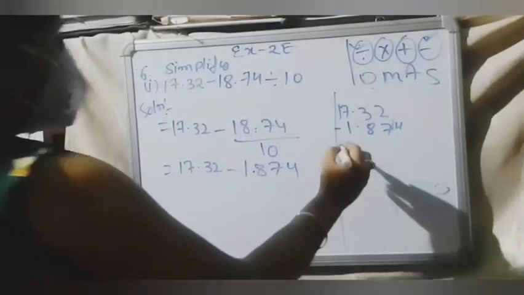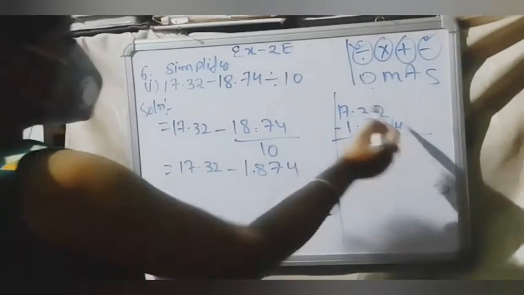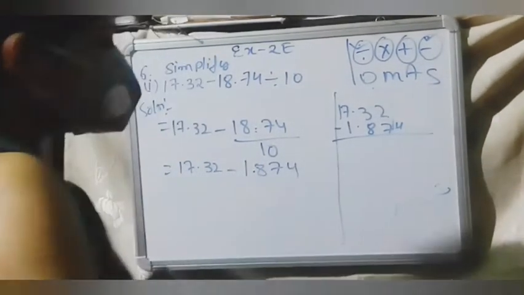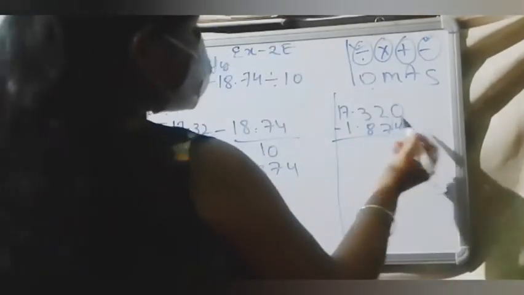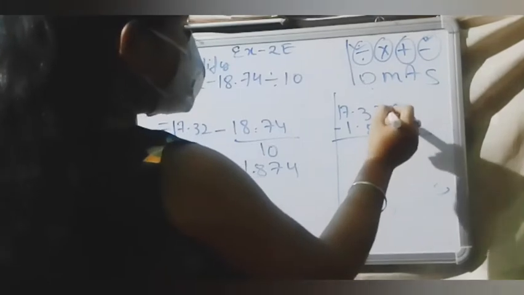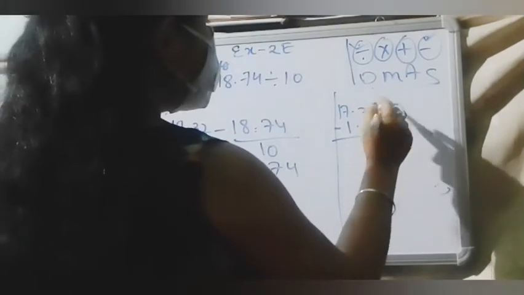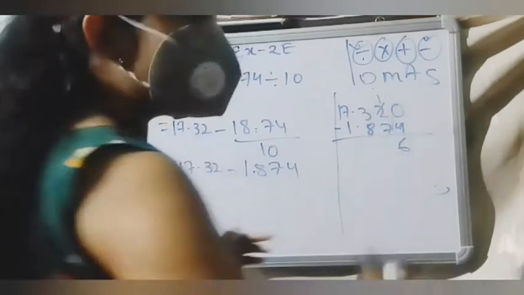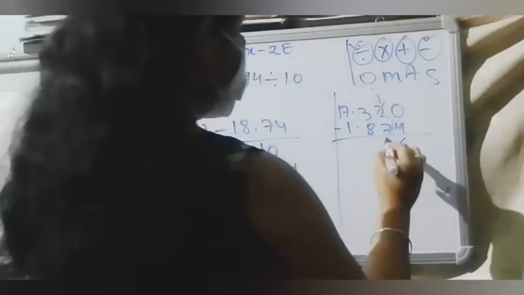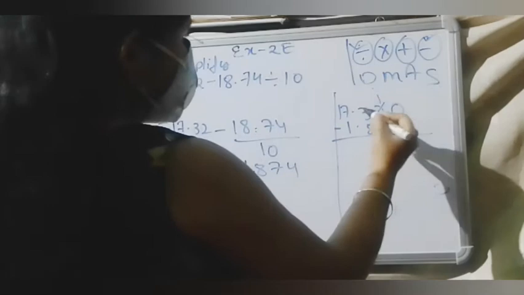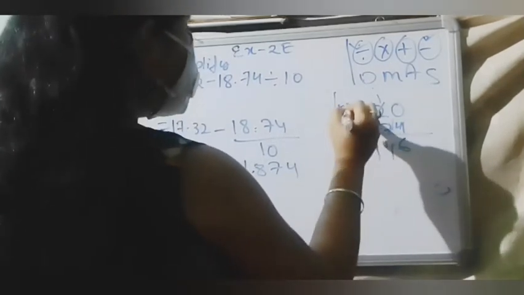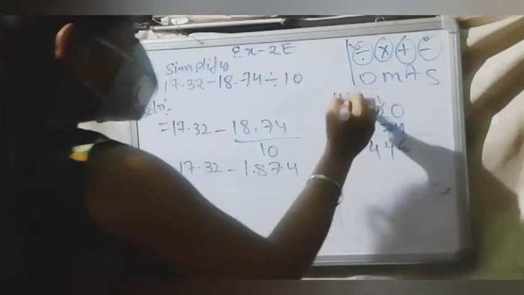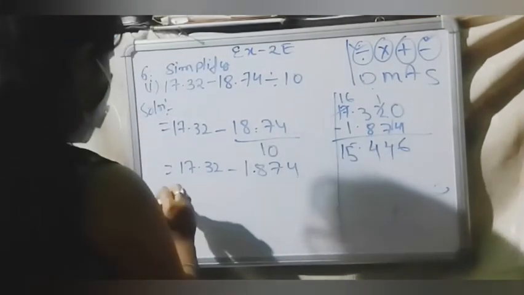Now subtraction, you see very carefully how you can subtract. Here 17.32 is there. Here there is no digit, so I can assume 0 is there. Now you do the subtraction. Nothing is there, that means 10 minus 4 is 6. Here 1 will be there, again it will carry 1 from 3. 11 minus 7 is what? 4. 1 already carried, then now here will be 2. 12 minus 8 is what? 4. Now instead of 17, here will be 16. 16 minus 1 is what? 15. So your answer is